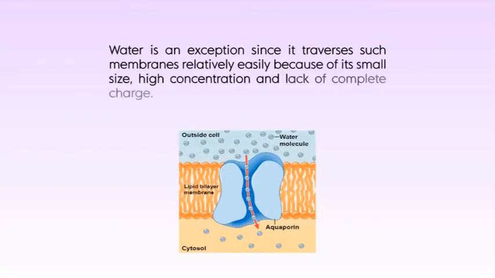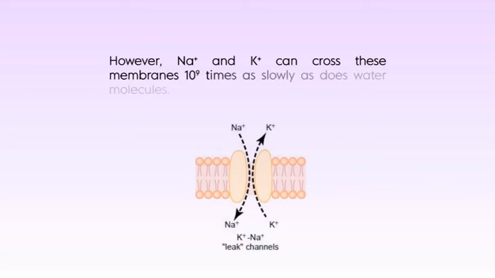Let's look at the properties. Lipid bilayers are highly impermeable to ions and most polar molecules. Lipid bilayer membranes have a very low permeability for ions and most polar molecules. Water is an exception since it traverses such membranes relatively easily because of its small size, high concentration, and lack of complete charge. However, sodium and potassium ions can cross these membranes 10 to the power 9 times as slowly